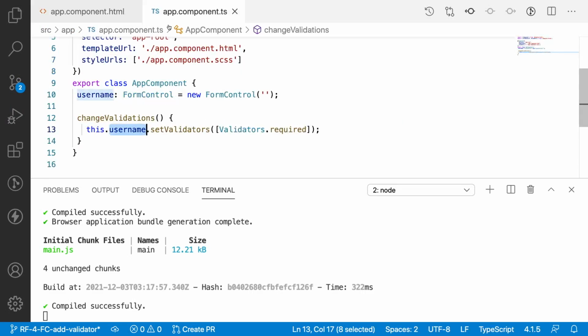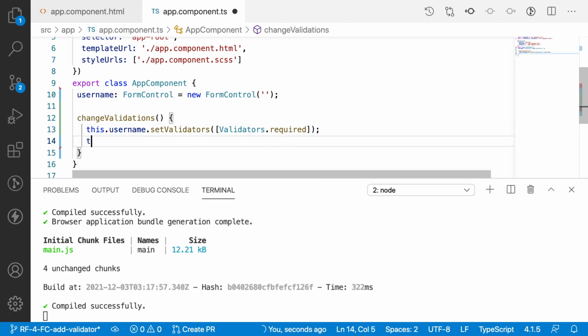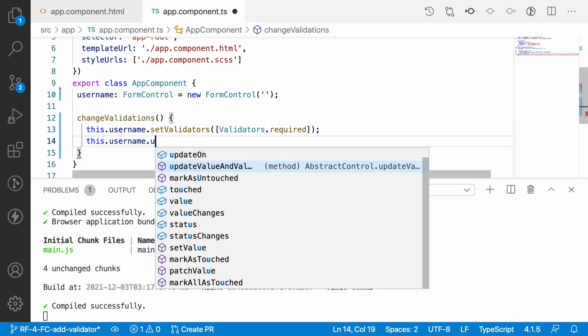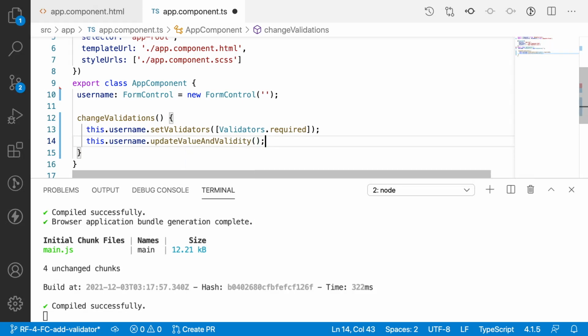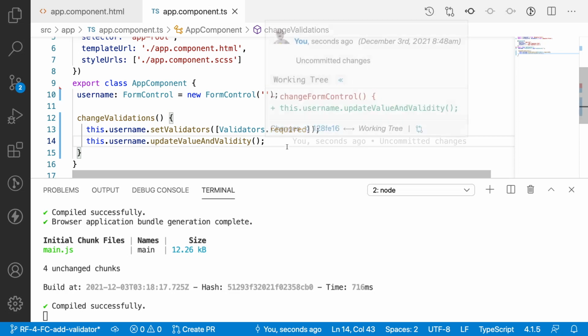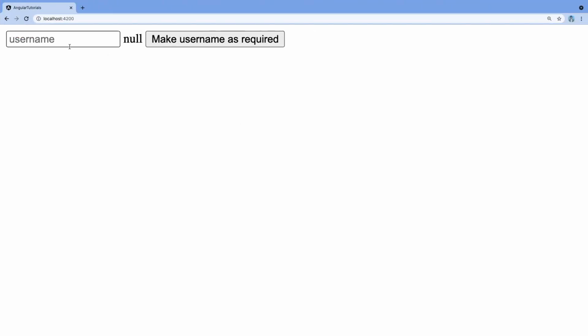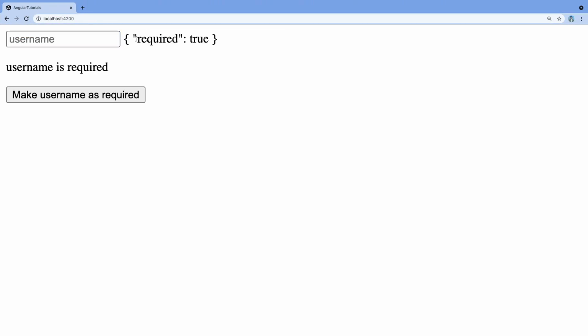To detect that in the HTML content, there is a method called this.username.updateValueAndValidity. It will update the value of that particular field and validate it externally, without any user interaction. Let me go back. Here username is empty and errors are null. Let me click on this. Now you see the errors show required is true.